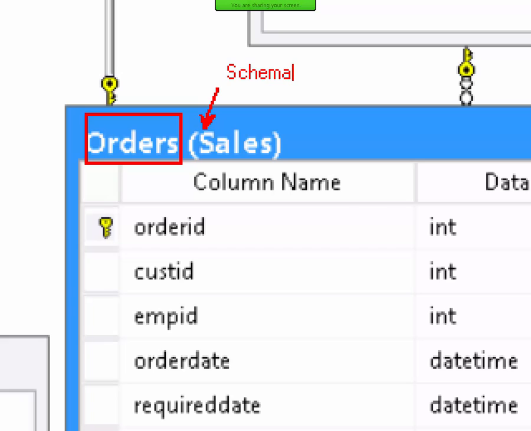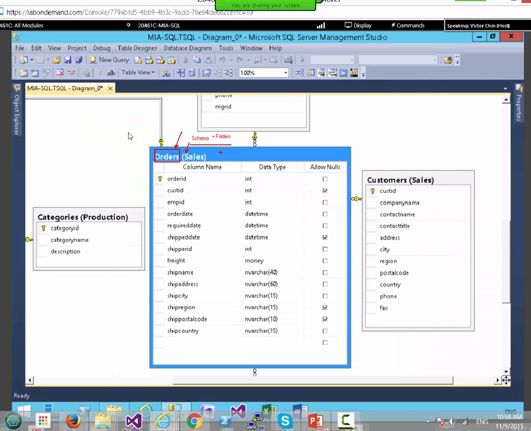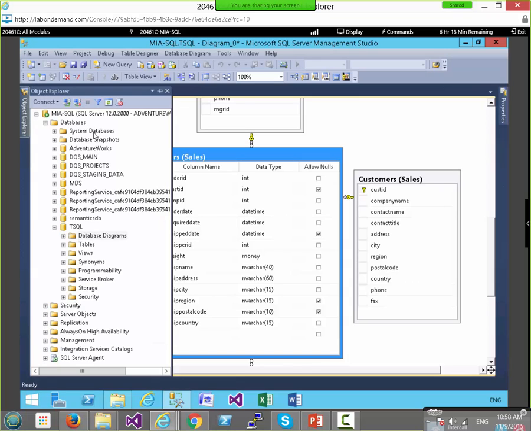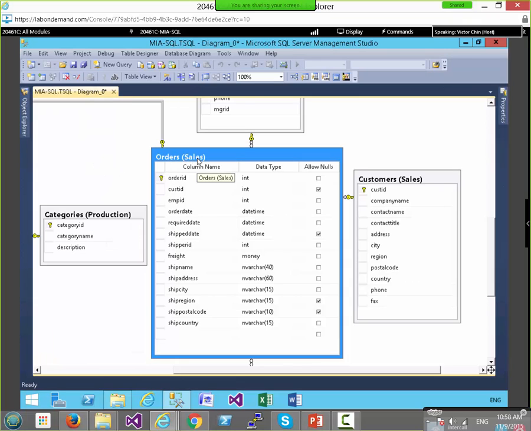In Microsoft SQL Server, schema equals folders. So just remember that schema equals folders. So we are putting the orders table under the sales folder, or sales schema. That makes, interestingly, the fully qualified table name as